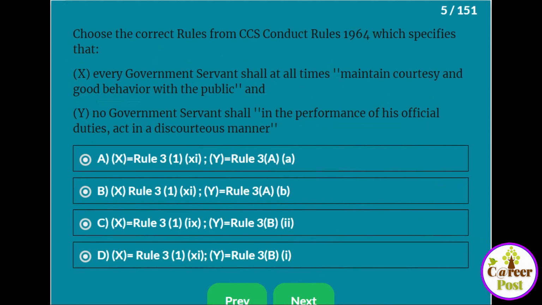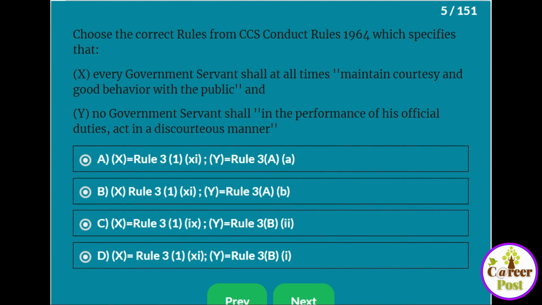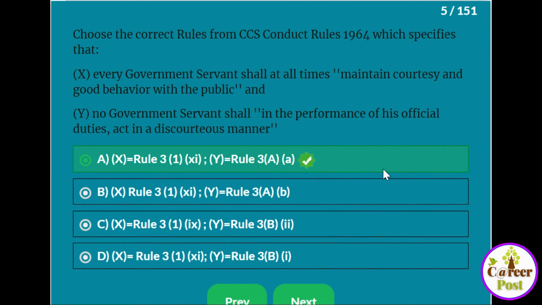Answer is C. Choose the correct rules from CCS Conduct Rules 1964 which specify that every government servant shall at all times maintain courtesy and good behavior with the public, and no government servant shall in the performance of his official duties act in a discourteous manner. Here X and Y are given. The answer is, X is Rule 3(1)(i) and Y is Rule 3AA. Any government servant not maintaining courteous or good behavior with the public or in his official performance, if he is acting in a discourteous manner, while framing a charge sheet, these two rules can be quoted